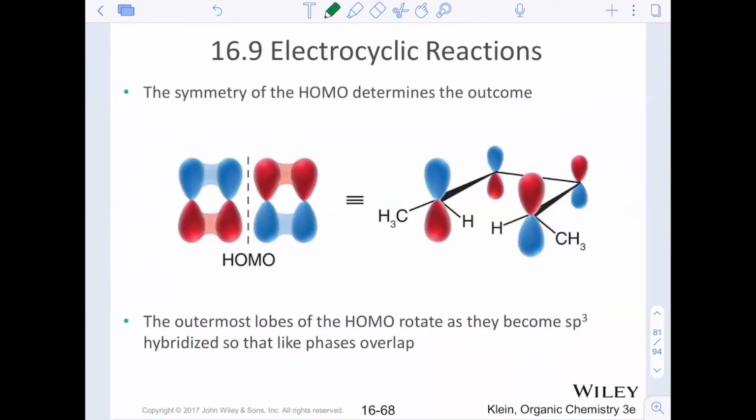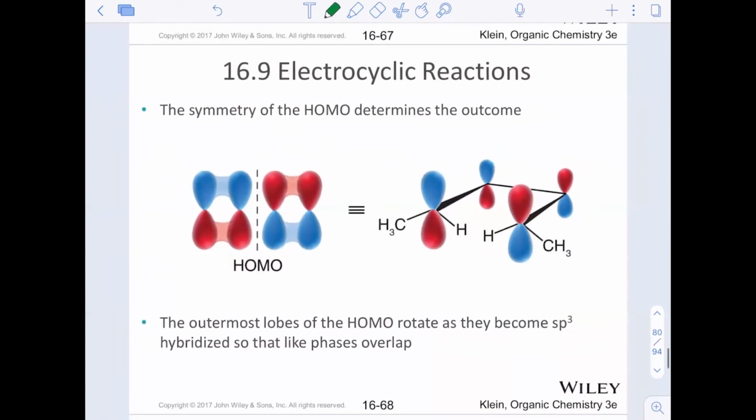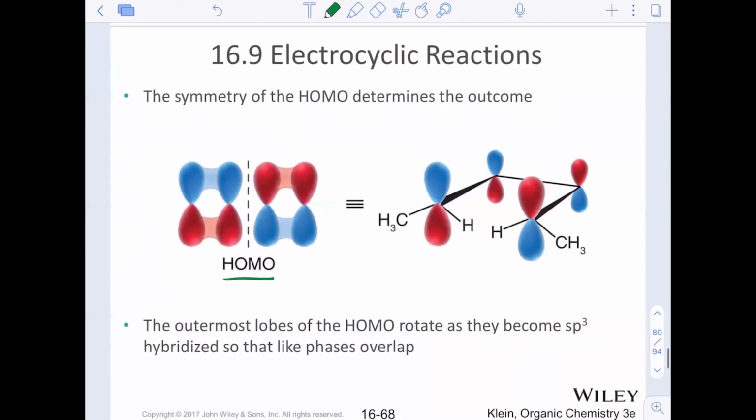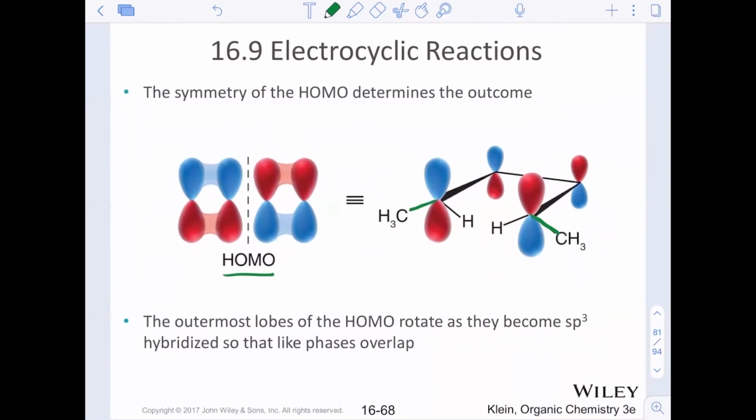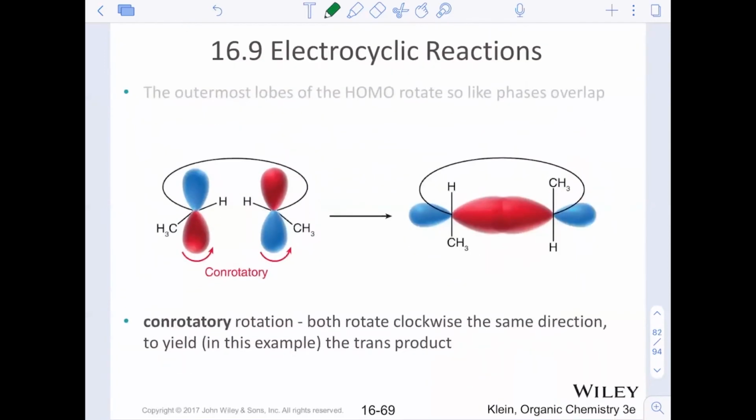For the 4 pi electron system, okay? This is the HOMO for ethene. So again, looking at where those groups are, now we're looking at a different HOMO and we're trying to understand what's gonna happen to the methyls, what's gonna happen to the substituents. Notice in this structure, I really like these images in the textbook because it ignores the inner p orbitals. Those don't matter. We're only looking at the formation of the sigma bond in these electrocyclic reactions. This is